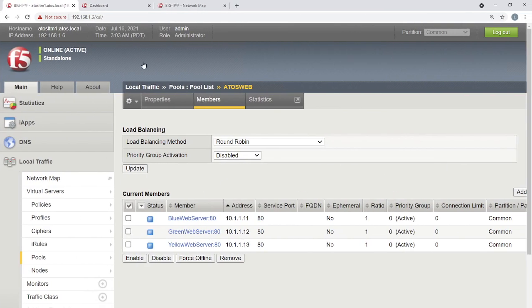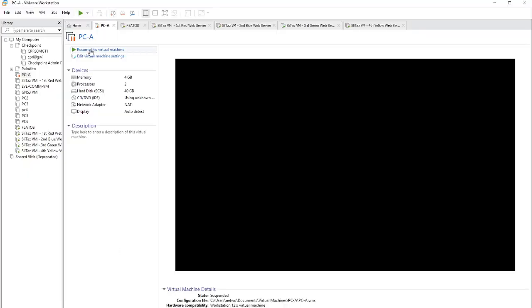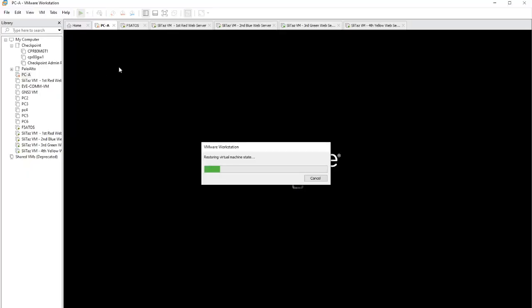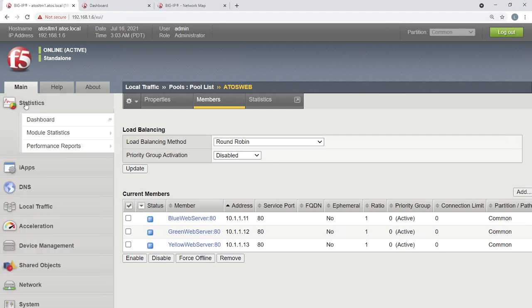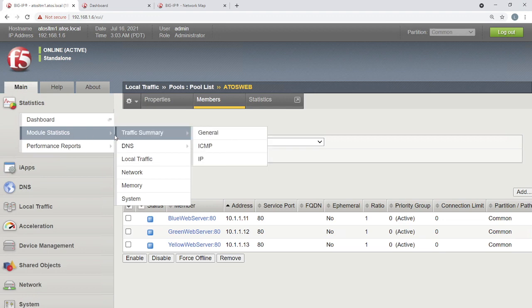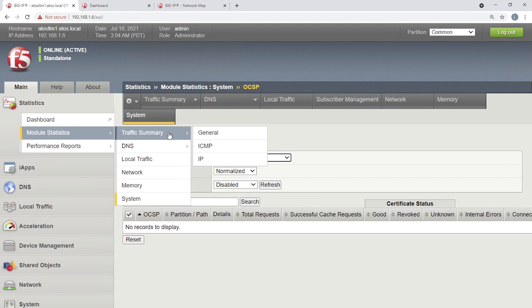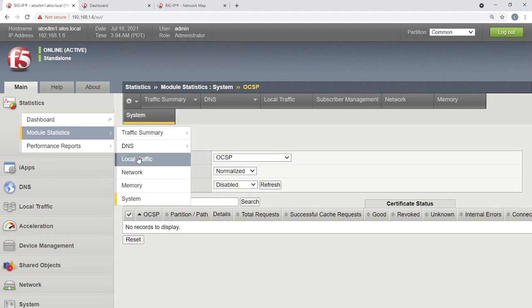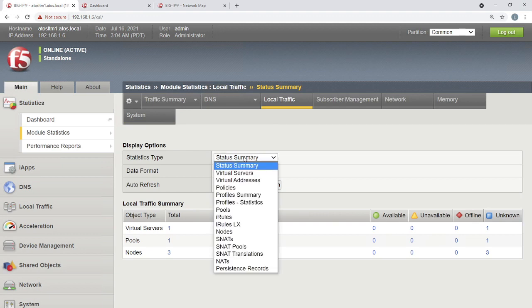Now I'm coming here. Now go to the client PC, the Windows client machine. Then you will see the statistics. Okay, I'm just talking about the traffic, local traffic.